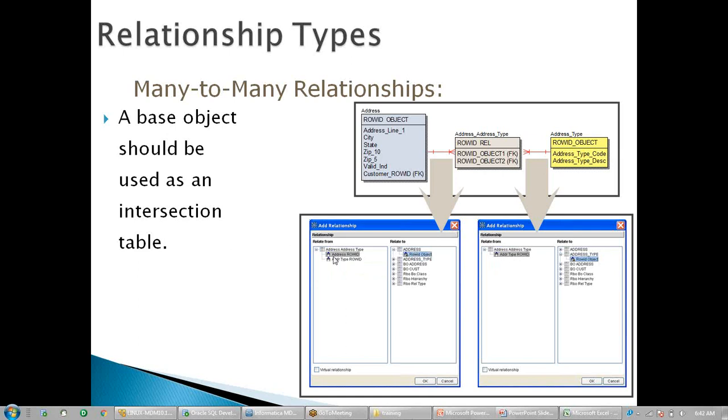That is why, once I created a relationship between the address row ID and the row ID object of address, next time when I click on the add relationship button, it is not visible here. Only the address type row ID is visible. So again I will select this address type row ID and map it with the row ID object of the address type table.